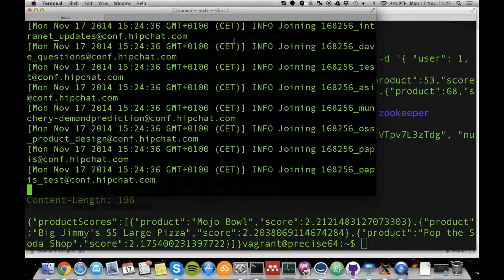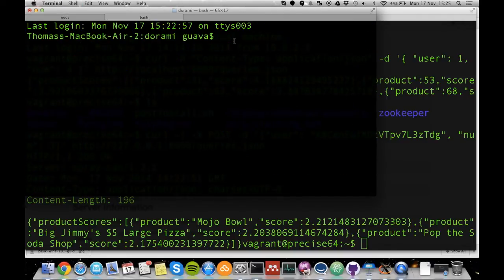Hopefully everyone can see that still. We have written some code for something called Dorami, which some of you may be familiar with.